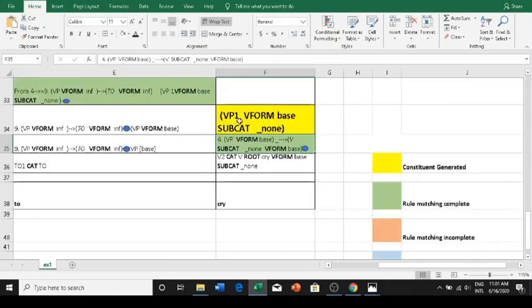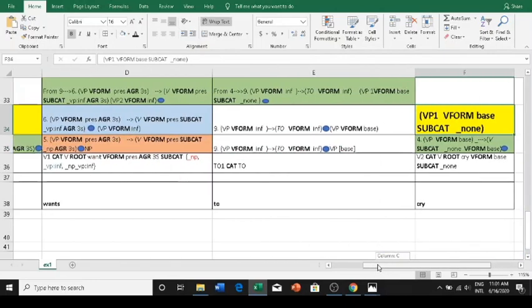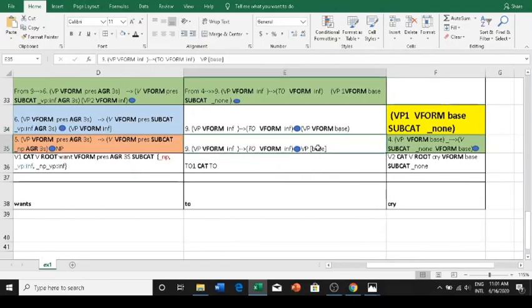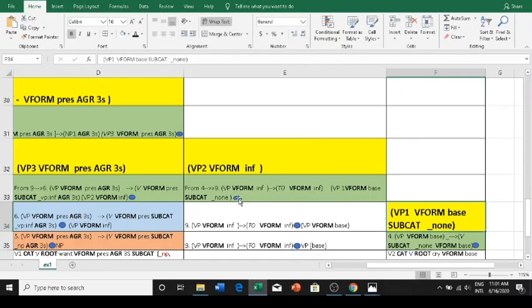Okay, so we got a vp1, a verb phrase with a vform value base, and we desperately needed that to proceed with rule number 9. In the previous case, we needed a vp constrained by base, so we obviously have it here, and we will substitute it here. So what will happen when we substitute it here? We can move the dot one place to the right, and we will instantiate all these values in the vp part here. So once we instantiate all these values, what will we have? We will have vform as base and subcategorization value is none, and this left side is already ready.